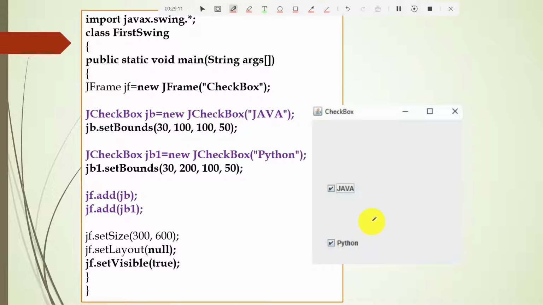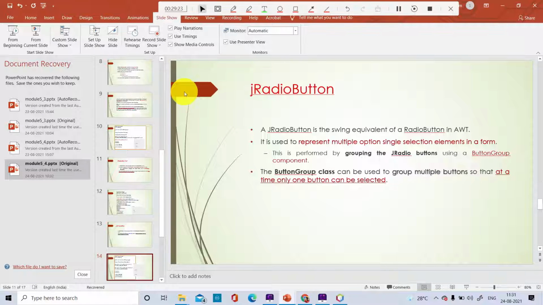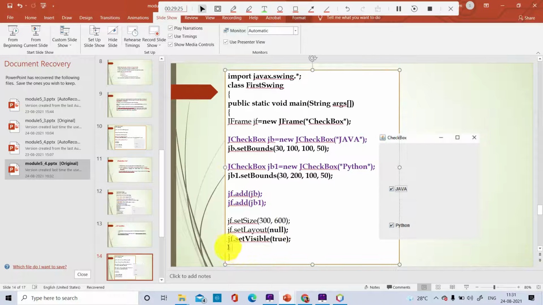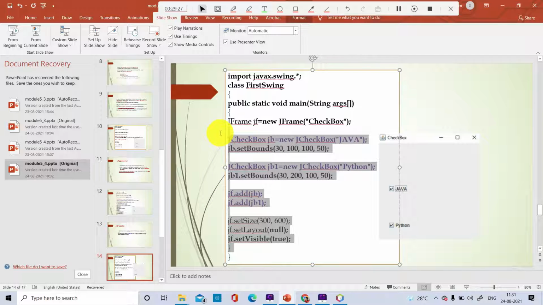So quickly I'll do the modification in the previous program. I will not execute the entire program. I will just do the modification in the previous program and show you how it looks. Yes, so this is our program. I will just change the main part. I need not change anything else, just the main part, because that will change the logic. All other things are there, we need not change.